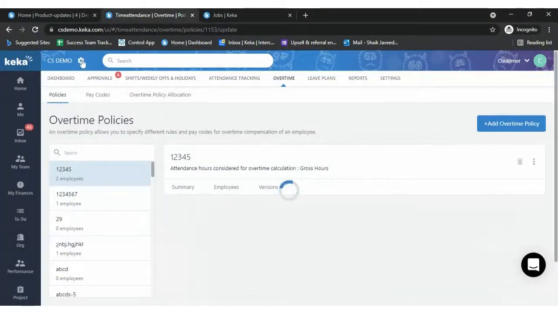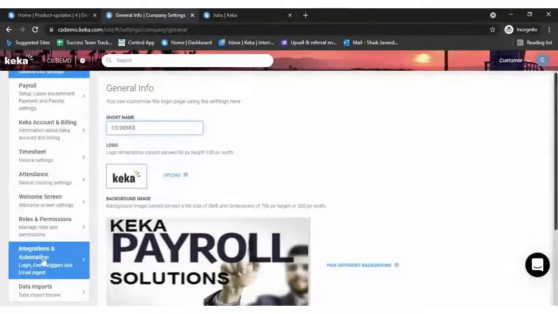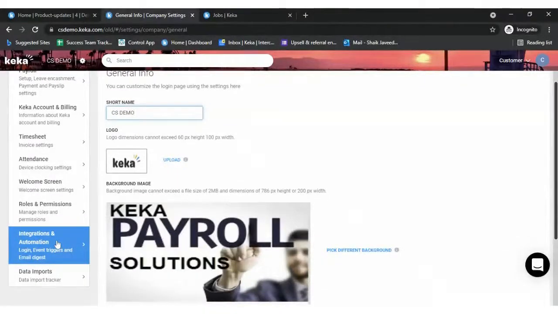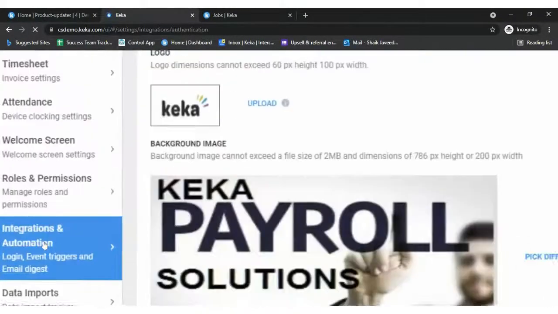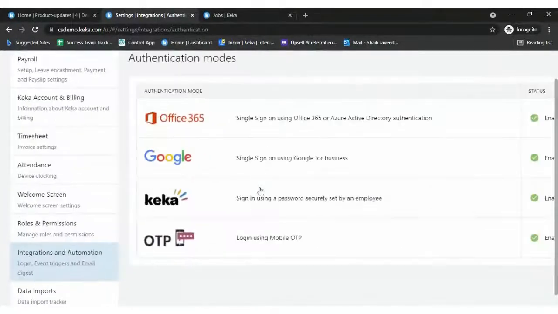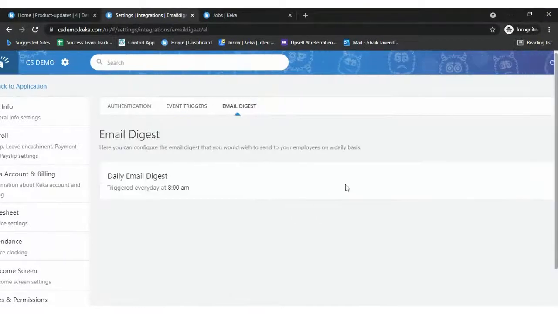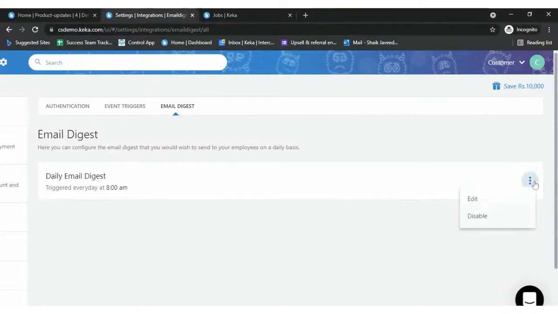Again, you need to click on settings. Please note that these settings are available only for global admins. You need to click on integrations and automations. So here it is, integrations and automations. Then you will click on event triggers. Edit.